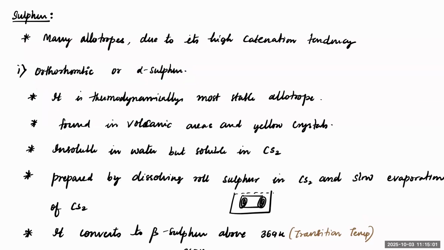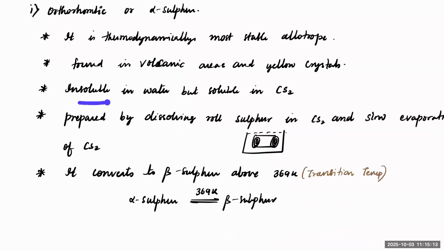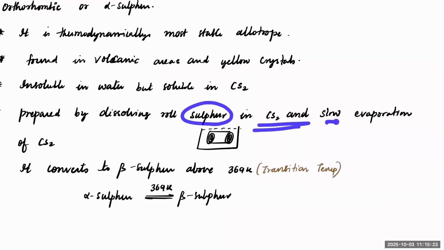as orthorhombic. It is the most thermodynamically stable allotrope, usually observed in volcano eruptions, and it has a yellow crystalline form. It is insoluble in water, but it is soluble in CS2. And it is prepared by dissolving the roll sulfur into CS2 and slowly